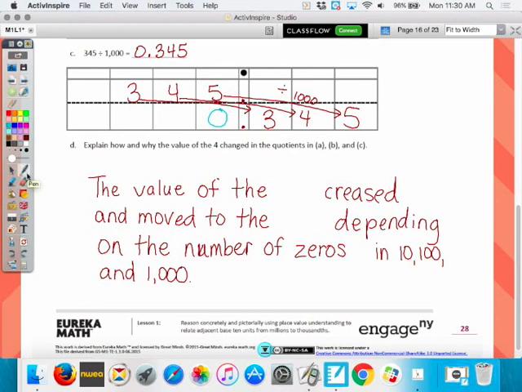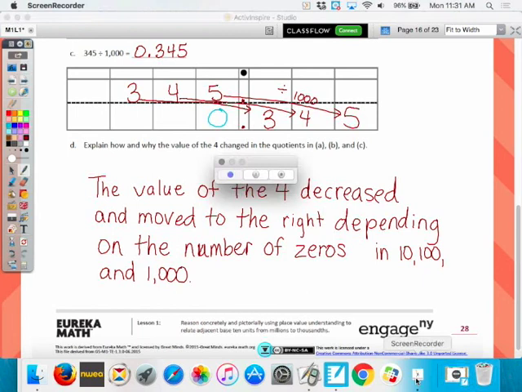Okay, so I'm going to change the value of the 4. Decreased. And move to the, which way? Right. Depending on the number of zeros in 10, 100, and 1,000. Now, don't feel bad. I had to teach this 4 times in one day. So technically, I'm writing it 4 times, right? Okay, this is the 3rd time I've written it already, so you can write it twice. Okay, I'm going to pause it while you're writing. So take a look at